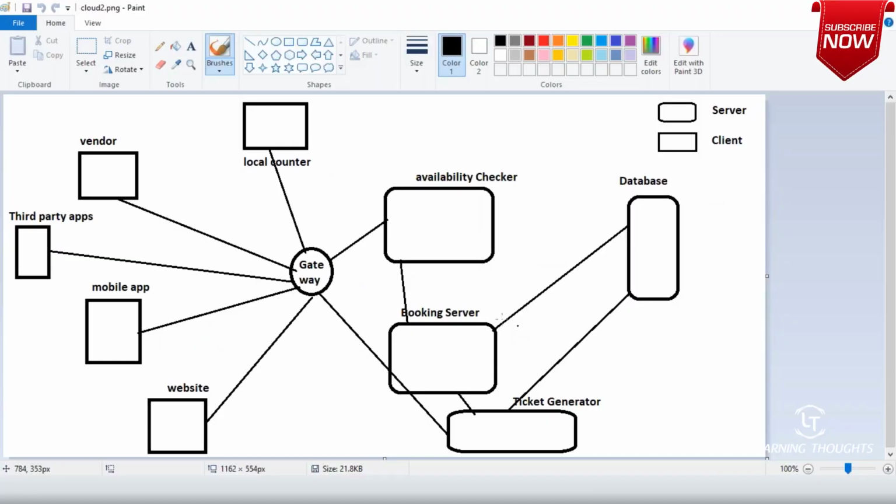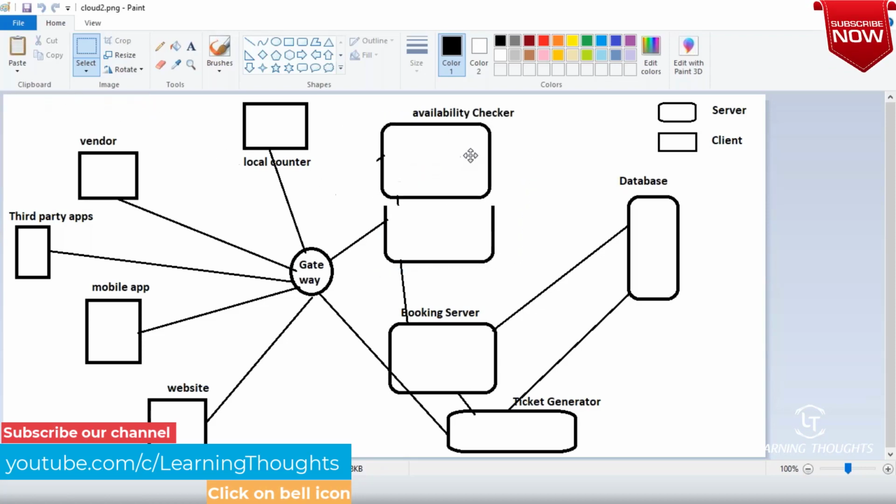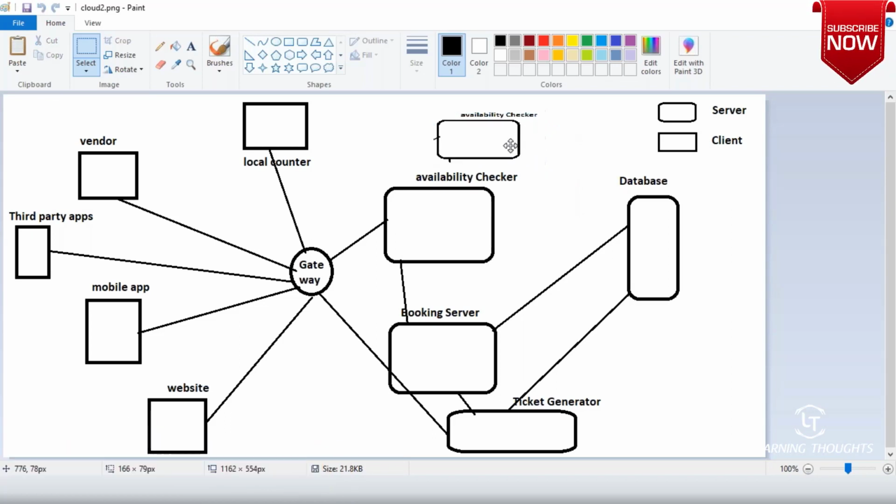So now with the availability checker, when I say horizontal scaling, I'll increase the number of servers. When I say vertical scaling, I basically increase the size, I mean hardware resources of it. So let us basically think of this situation. Basically, if it is horizontally scaled, rather than one, I might have two availability checkers or n availability checkers. So that is basically what it means.